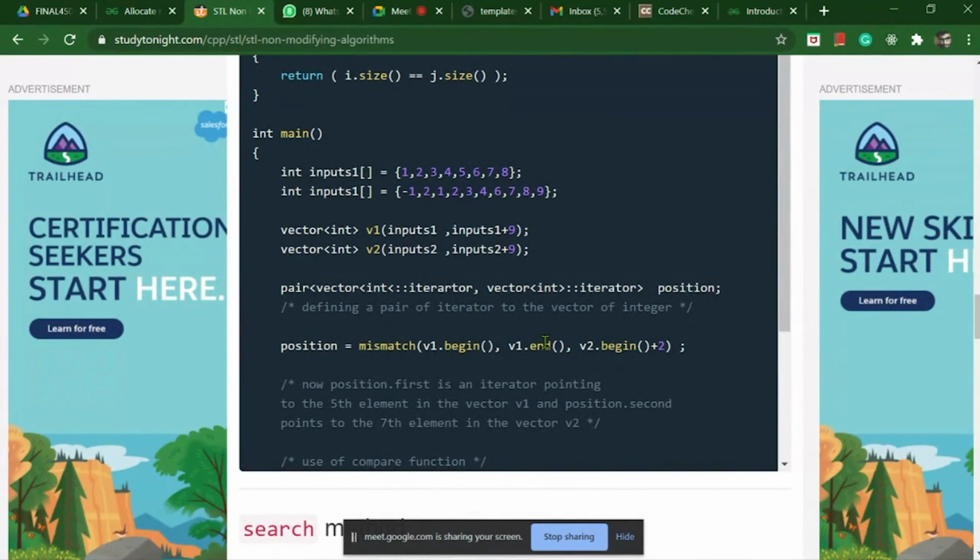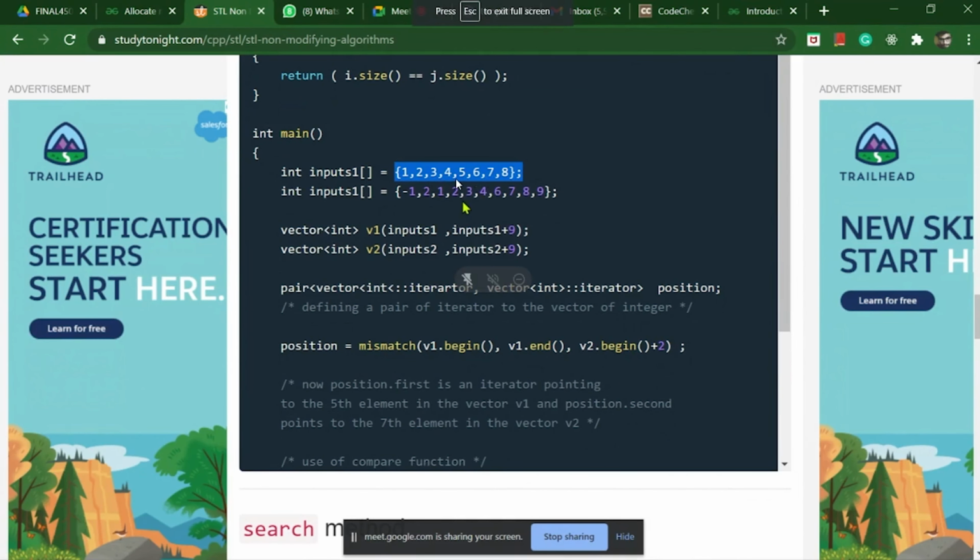First is the starting iterator of the first input array, second is the ending iterator of the first input array, and third is the starting position of the second input array, and it compares the values from the second position, which is from here. In this example it is comparing from the second position. So this is the value that is going to be compared with this, and you can see that 5 is not present in the second input array.